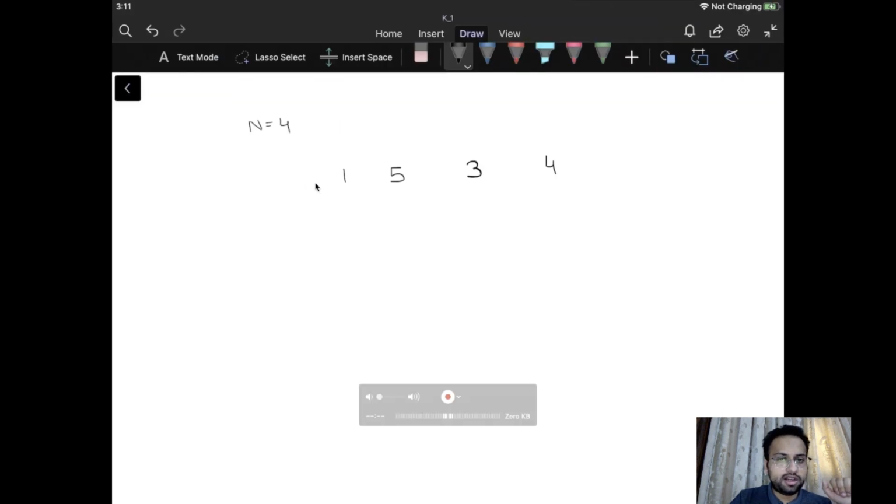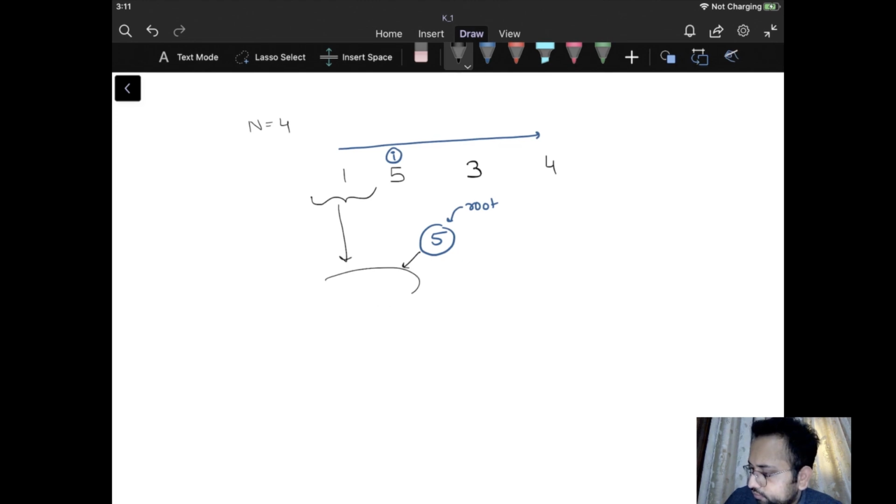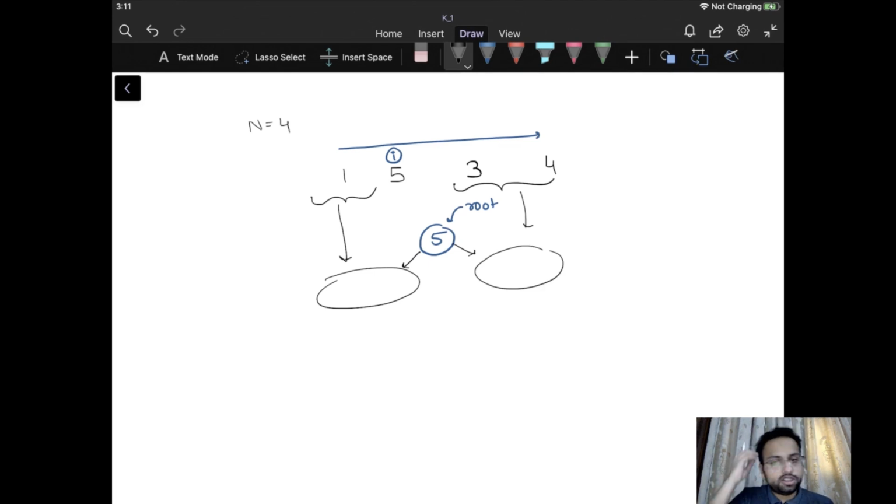So what this problem says, let us see that. For example, let's say I'm going to iterate over this array and we need to make the root node the maximum. So I'll make sure that the root node from where the tree starts contains the maximum value. I'll iterate over this array and see that this is the node which has the maximum value, so I'll create it as the root node. Now I'll make the left part of this tree the left part of this array, and the right part of this tree is going to be the right part of this array. So this is what the problem says.